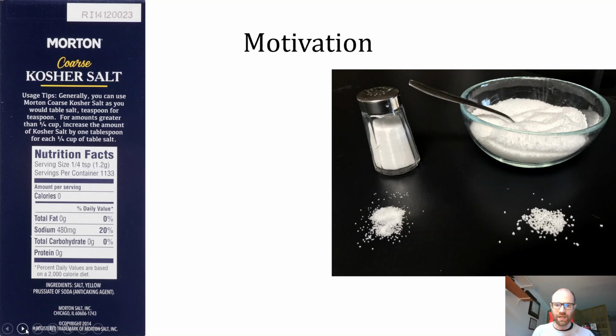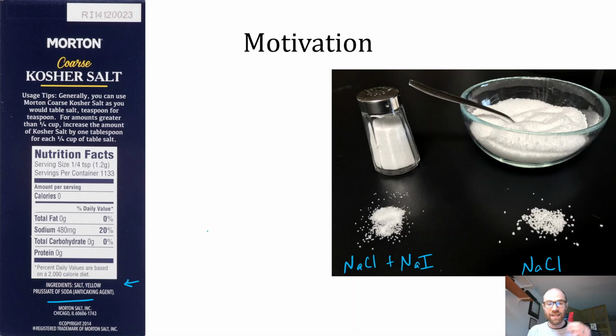And then the other one is that table salt is actually a mixture. There's sodium chloride and sodium iodide present. And the reason is that iodine is a necessary nutrient, and we don't always get enough of it, so a little bit is slipped in there. Where this one is closer to pure sodium chloride, you can see in the ingredients list below, which I copied off of